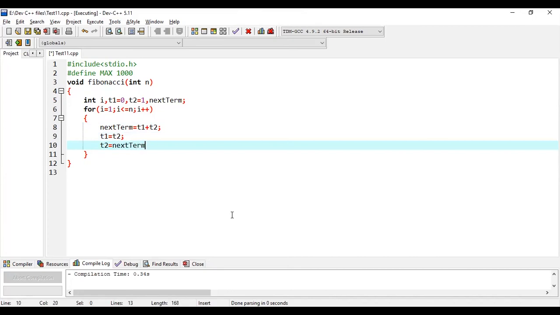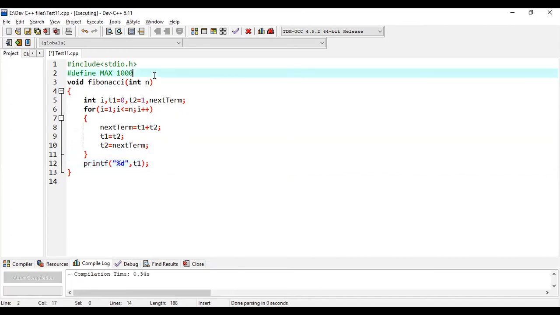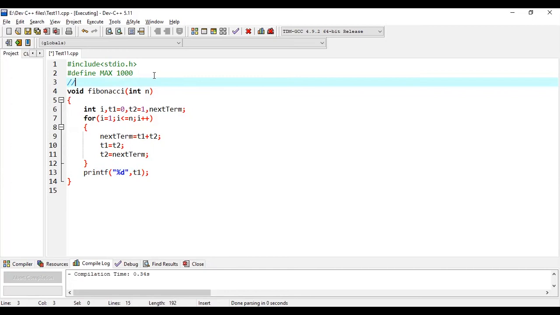It is simple. Now the question is which term are we going to print? We are going to print t1. printf with %d, and then we print t1. That's it. We do not want any other output as per the requirement, so we are just going to make it simple, printf t1. So now this is the Fibonacci function. I'm writing a comment here: this is to generate the Fibonacci